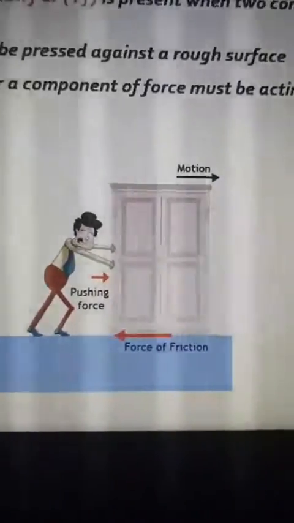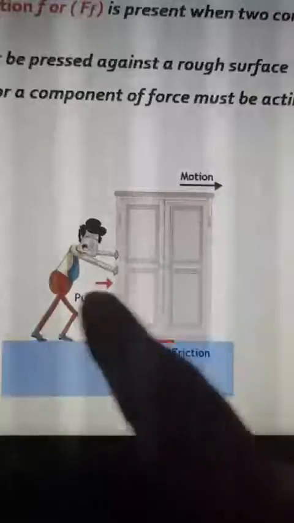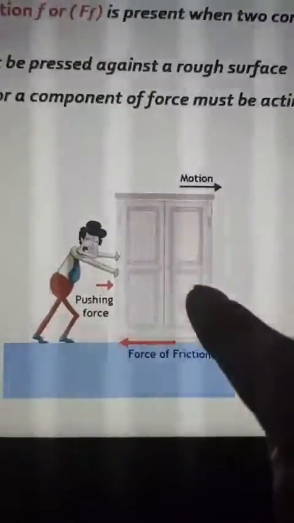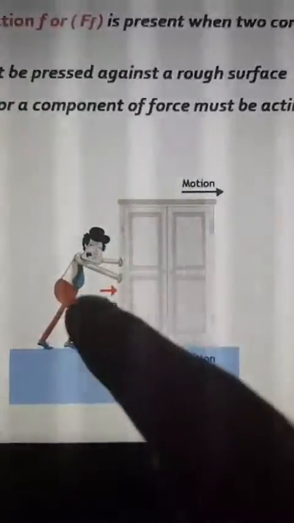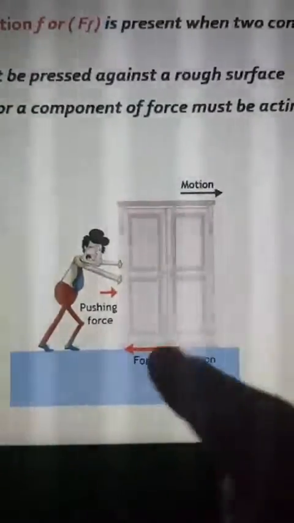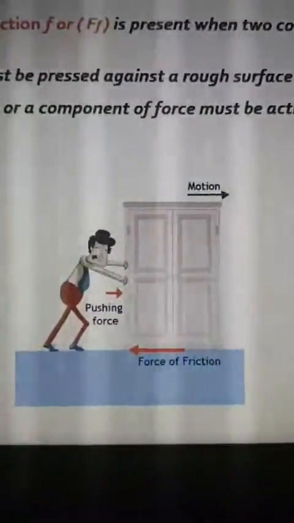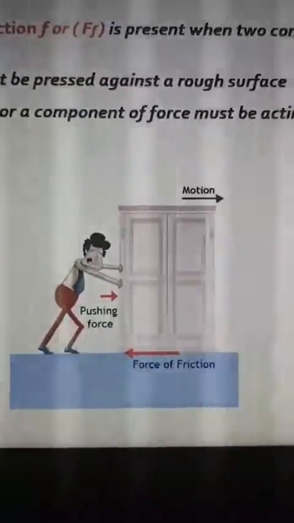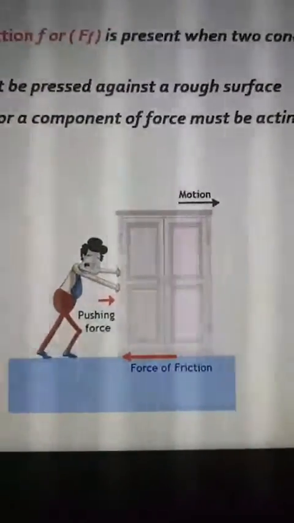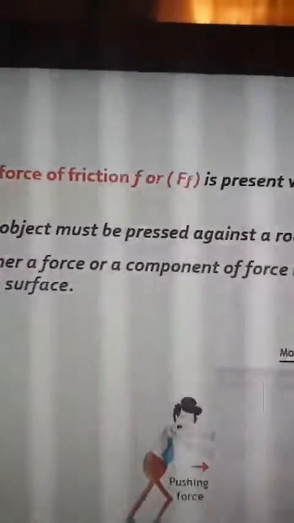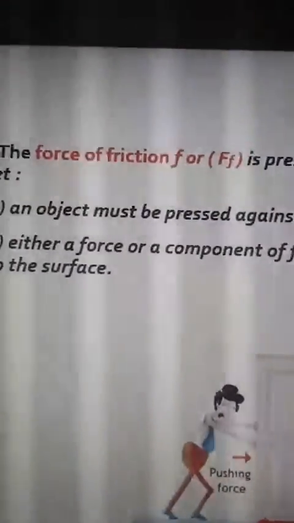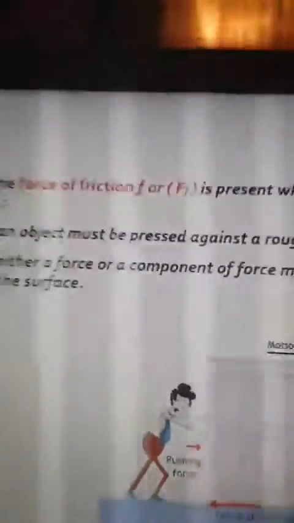This is number one. The second one, look at the force. It is what? Parallel to the surface. So the applied force is parallel to the surface. In this case, yes, there is friction. Okay, good. The symbol for force of friction is capital F small f, or small letter f alone. Okay,